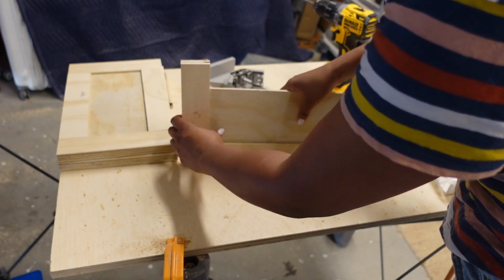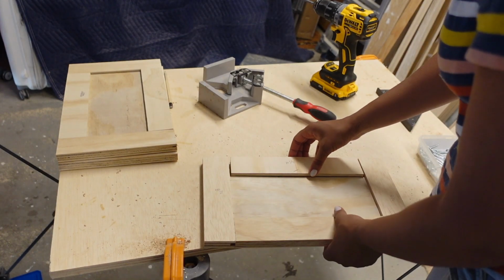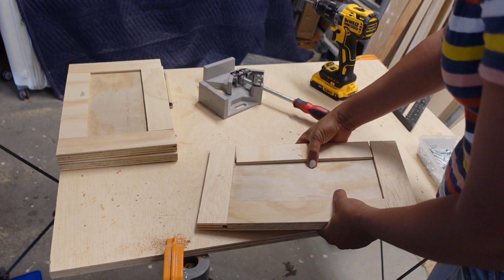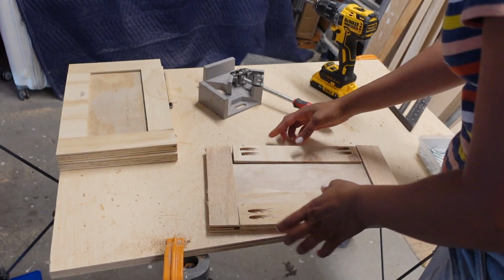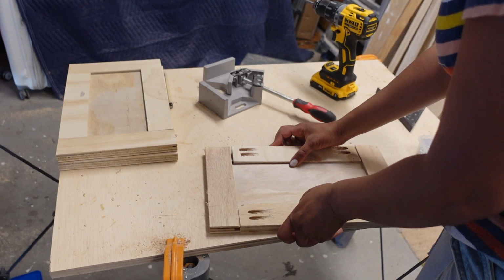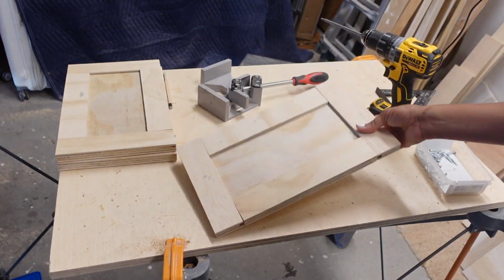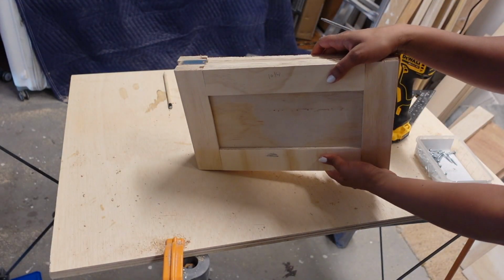And then this is just me building the drawer front the exact same way I built the shaker style cabinets, just a little bit different measurements. Again, I am building inset cabinets. I will leave the videos down below for how I got these exact measurements, but the process is the same. You just do rails, stiles, pocket hole screws, those dado grooves or rabbet grooves, and inserting the 1/4 inch plywood